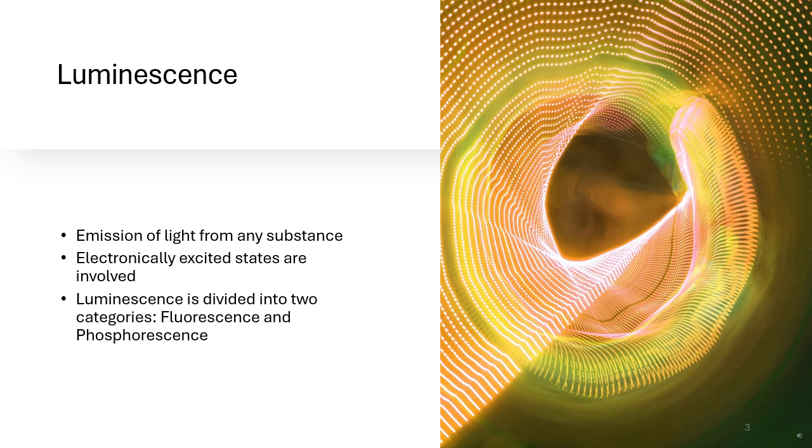Now let's put some light on this topic. So fluorescence is a kind of photoluminescence. We know that photo means light and luminescence is the emission of light from any substance which occurs from electronically excited states. Now luminescence is further divided into